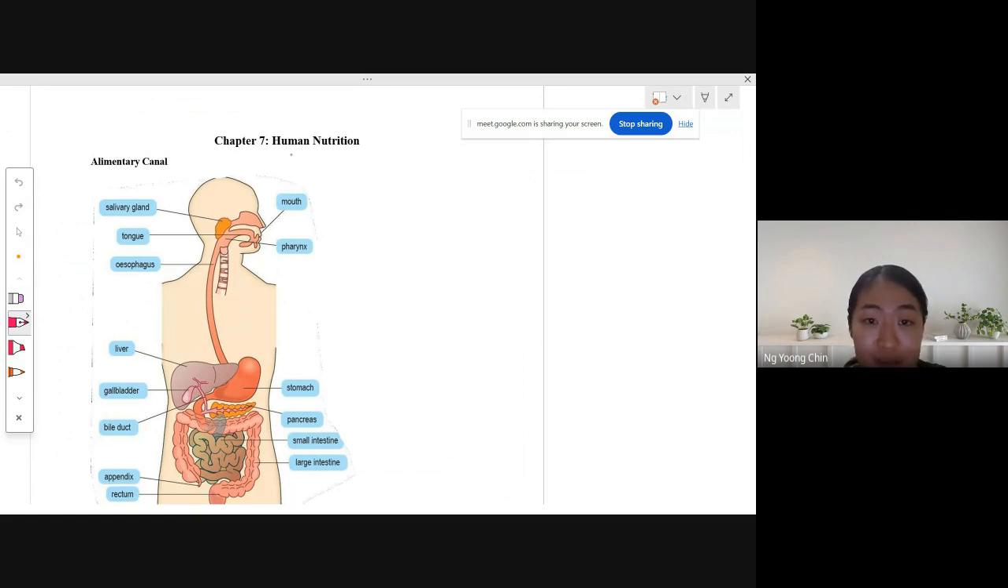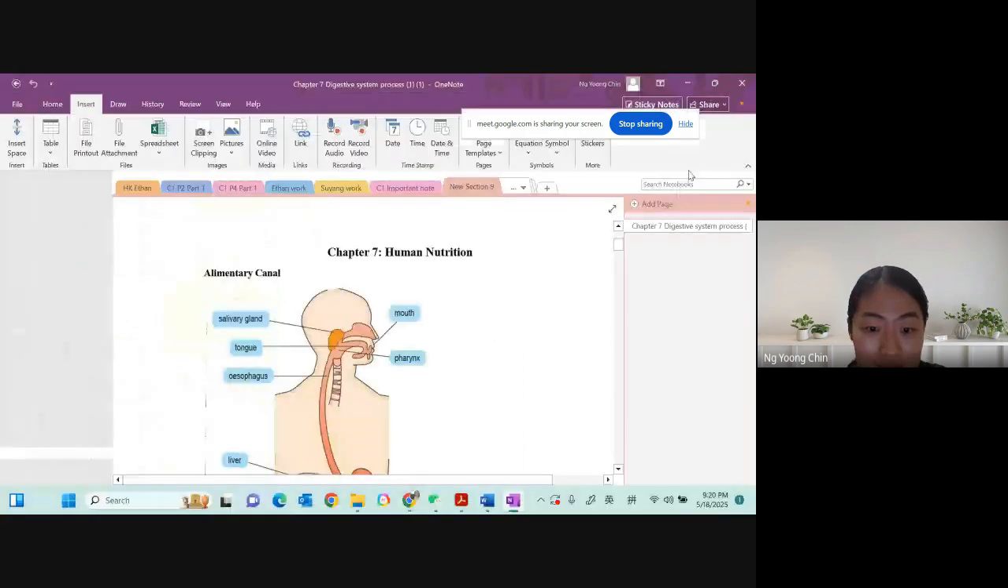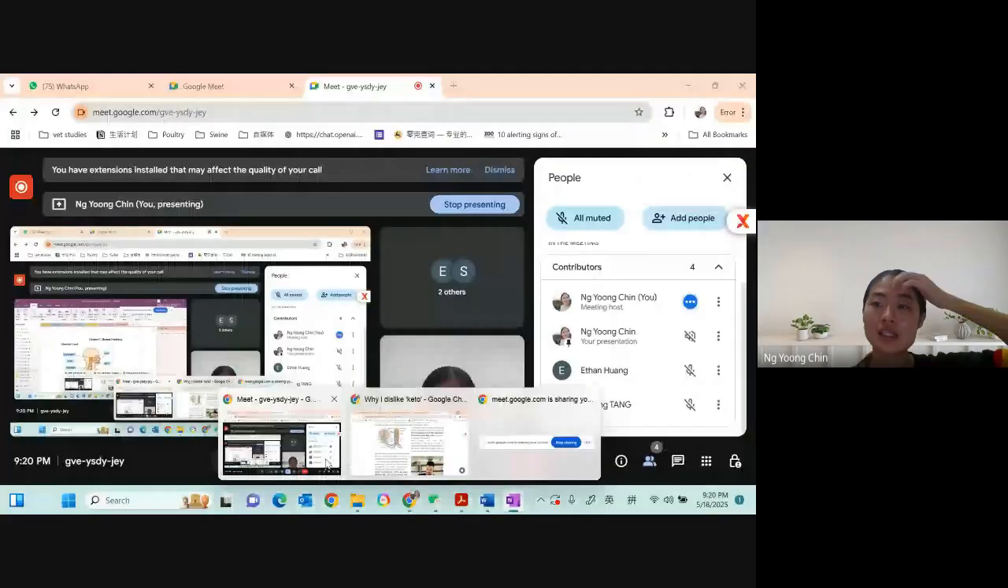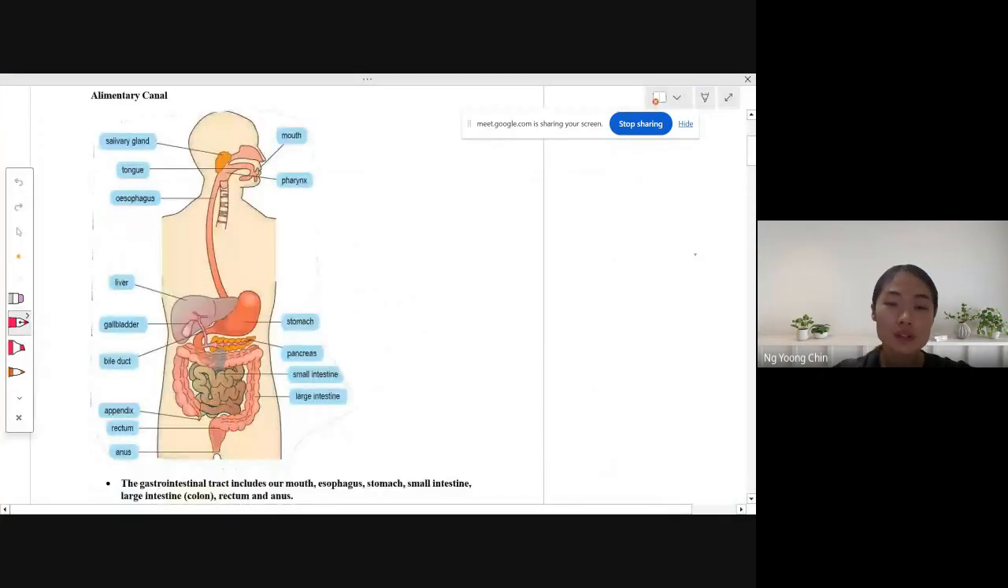The chapter 7, human nutrition. I'm opening the alimentary canal. Okay, let's continue. So please always know about the structures, because during paper 4, they will always come up in this kind of question. Label the structure. So you should know how to label the mouth, salivary glands, tongue, esophagus, the liver, the gallbladder,